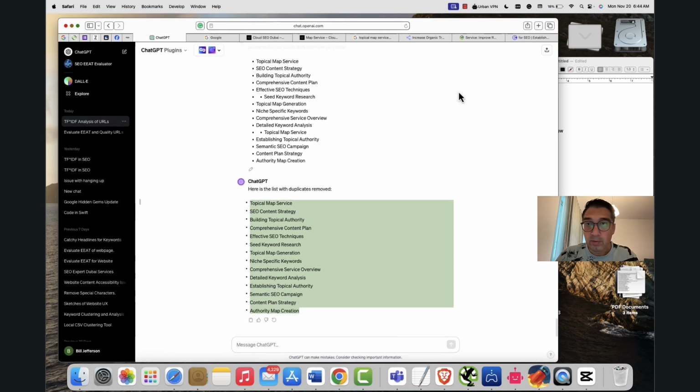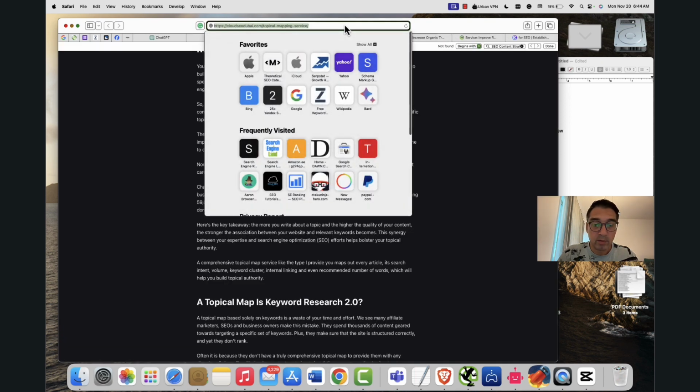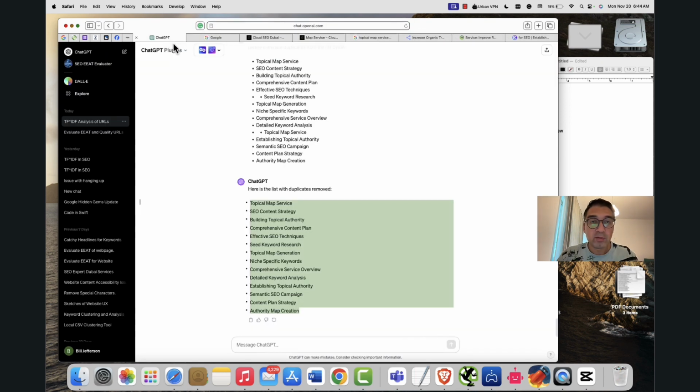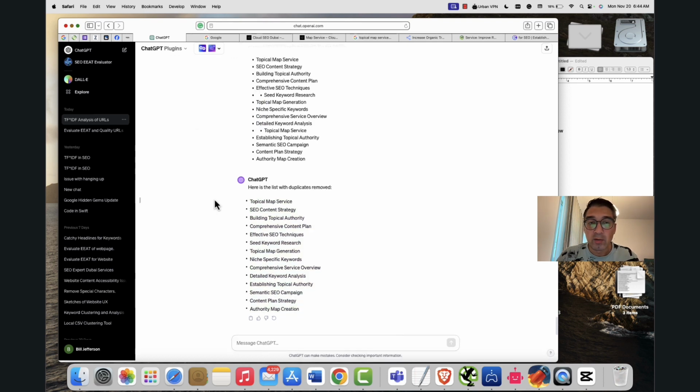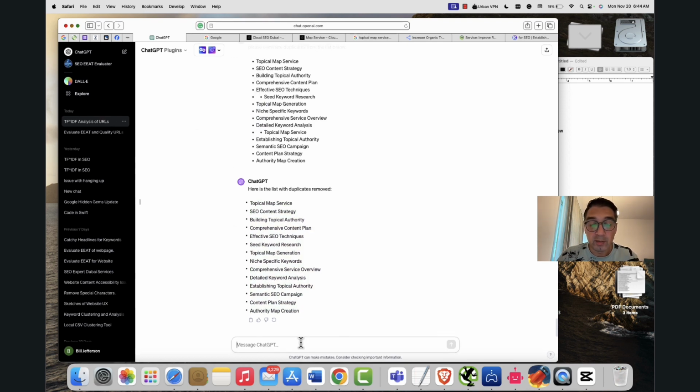And now what we'll do is we want to go to our website over here. We want to copy the URL. And you also need to make sure that this one plugin at least, Link Reader, is enabled so that it can read URLs. And I forgot to mention this earlier, but the next thing you want to do is paste the URL. Then you want to say,